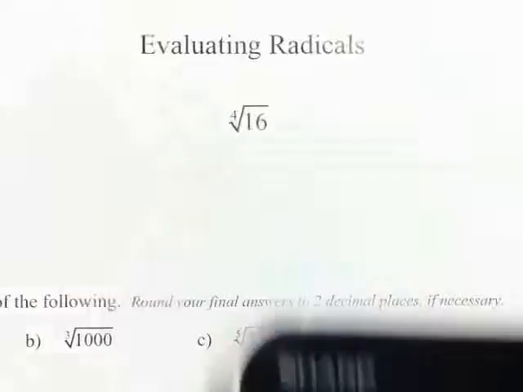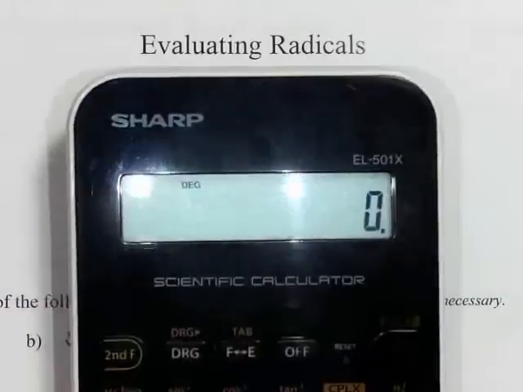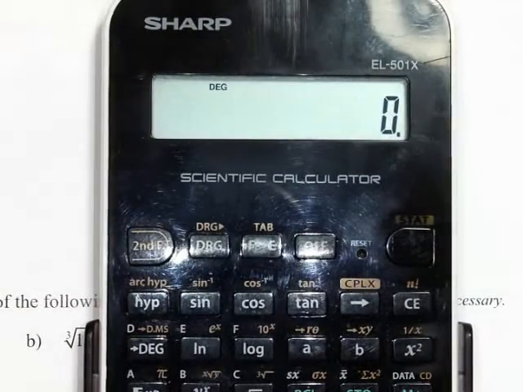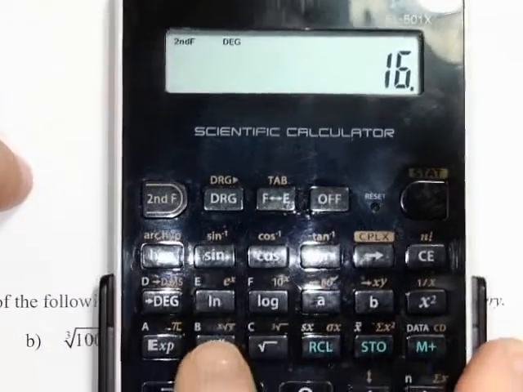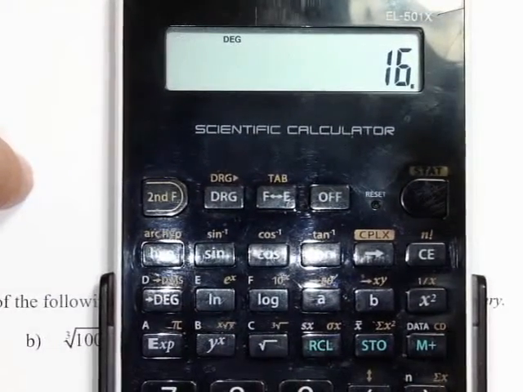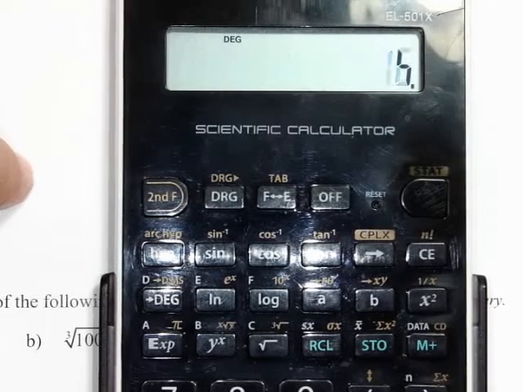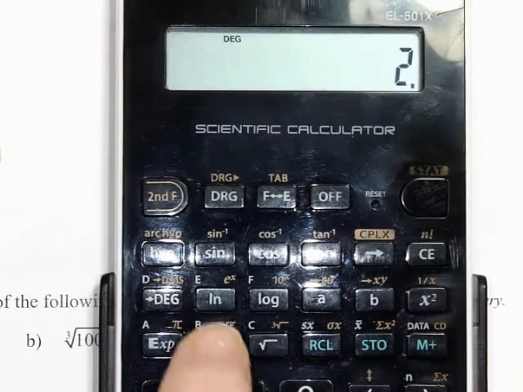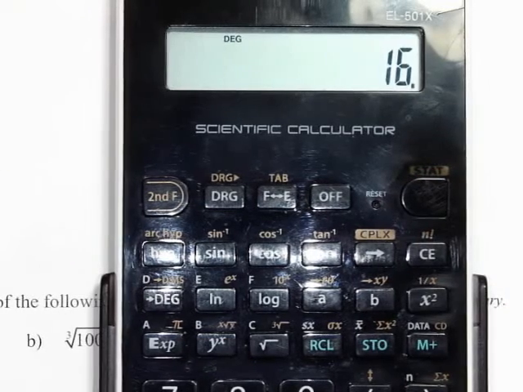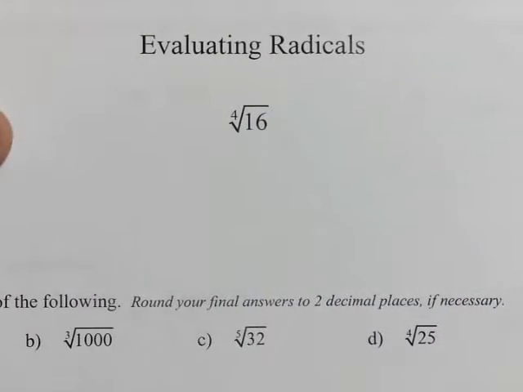If I want to do the fourth root of 16, I would start by putting in the number first. I would do 16 and then shift and then my exponent button. Then I put in the 4 because we're doing the fourth root, and that equals 2. If I check, 2 to the power of 4 equals 16. So the fourth root of 16